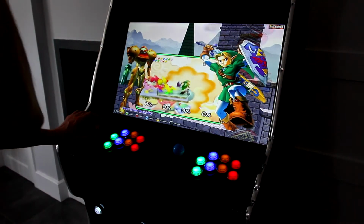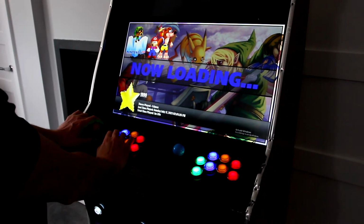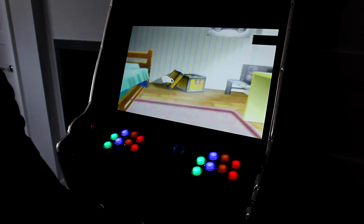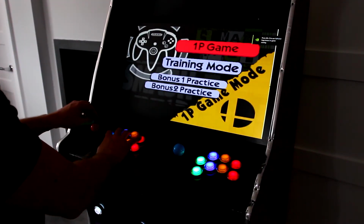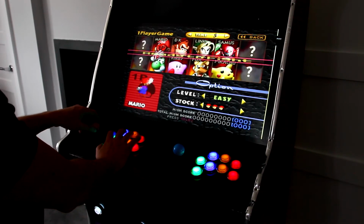So this is Smash Brothers on the N64. When was this? 99, Jesus. Anyway, so nice, that starts up nice and easy. Now Smash Brothers is totally